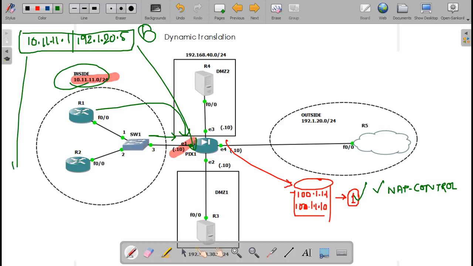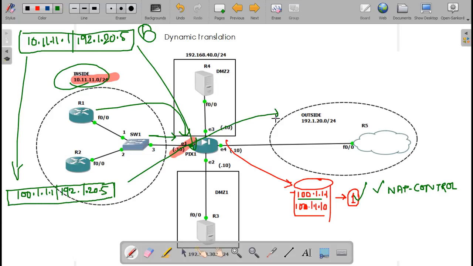It will make source, it will change by assigning this IP. So it will make it 192.1.20 dot, and this packet will be sent to R5.